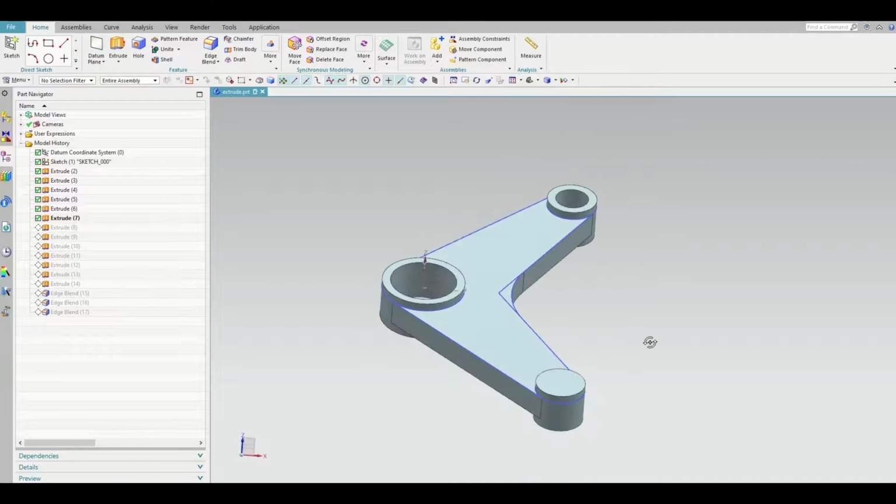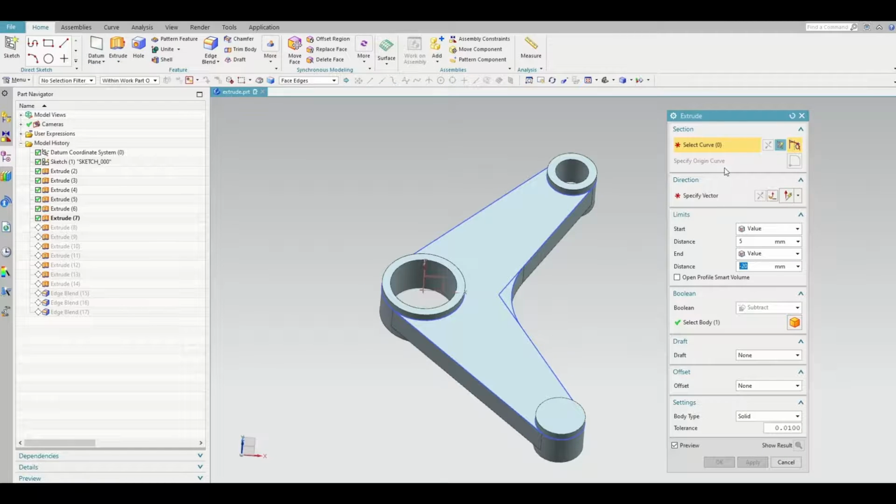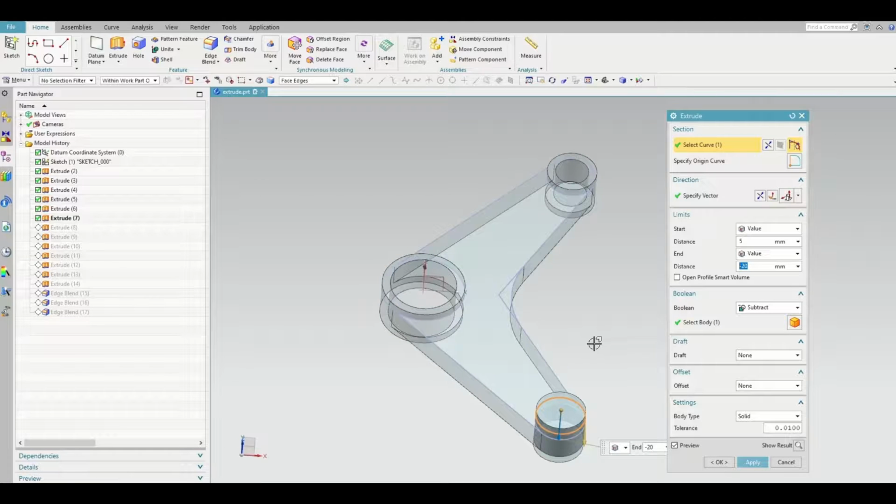That's right, we have to do one thing. Face edges in it. First we will complete it, then modify that one.